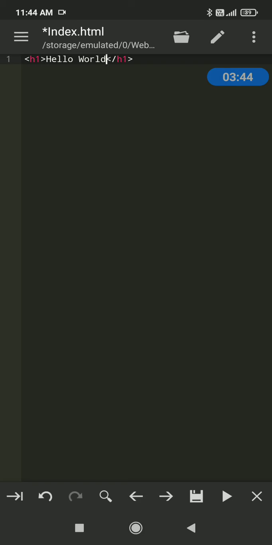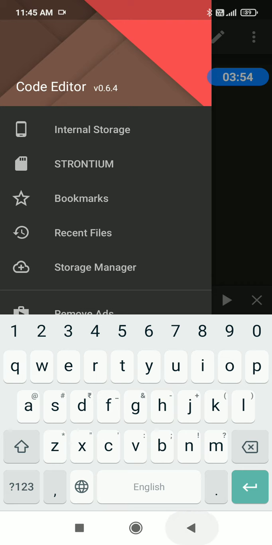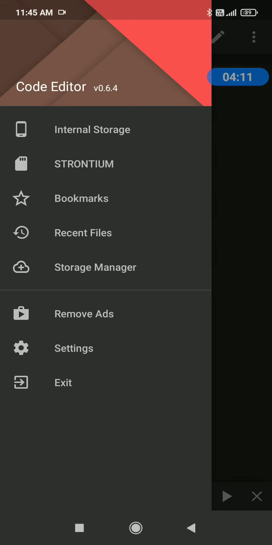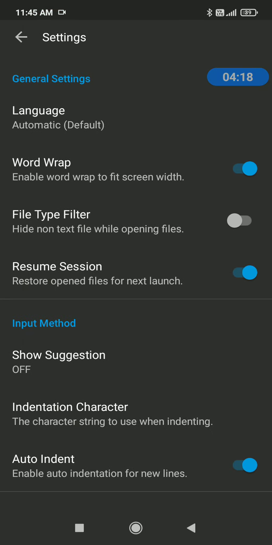And now I am going to tell you the basics or the general settings that we must do to our code editor to make it look decent and better. These are the general settings for the code editor that will make it look decent and very easy to operate. You can see a menu-like symbol on the top left corner. Just click on it, and now a new menu bar has appeared. From here click on the settings option. So you will reach the settings page.